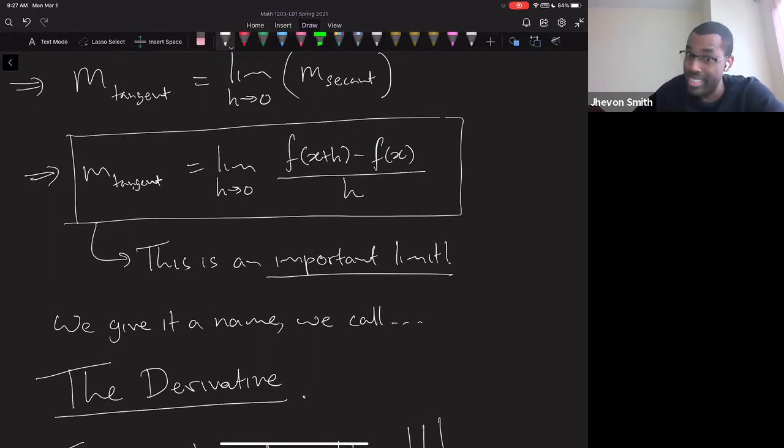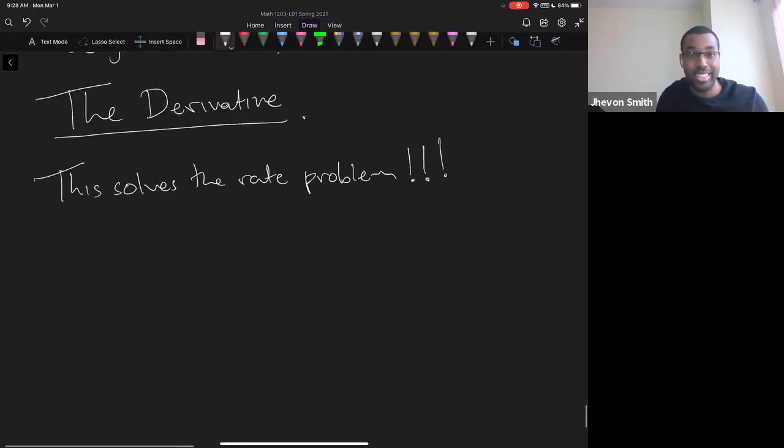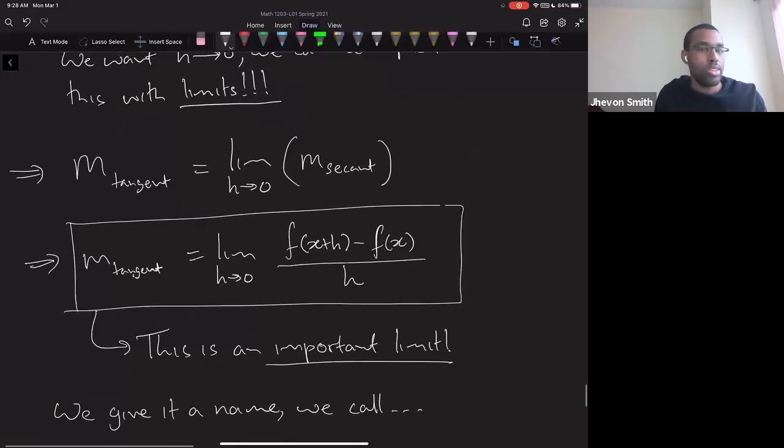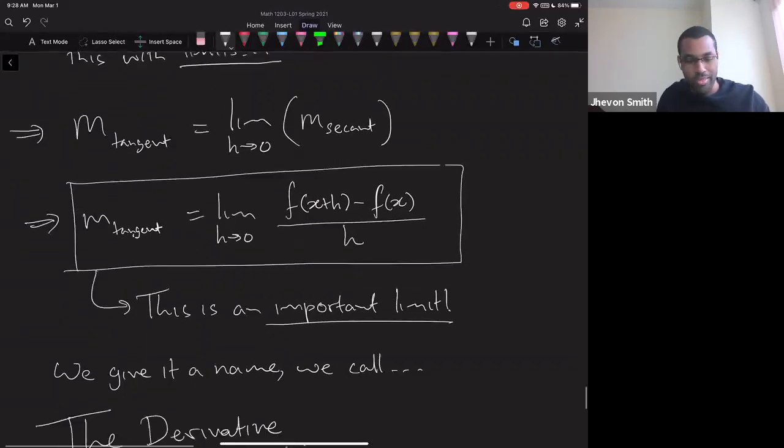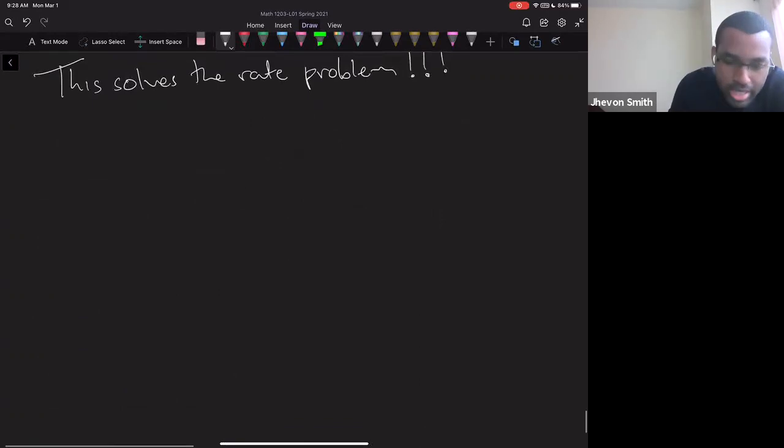As long as that limit exists, which of course, because we use limits, we have to worry about it existing or not. As long as that limit exists, it tells you the answer. It will tell you how fast you're moving. And that's the solution to the rate problem. This is the calculus solution to the rate problem. Find this limit, it tells you how fast you're moving, right? So this leads to